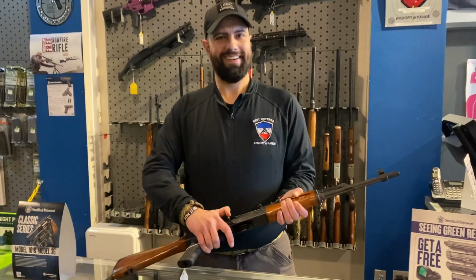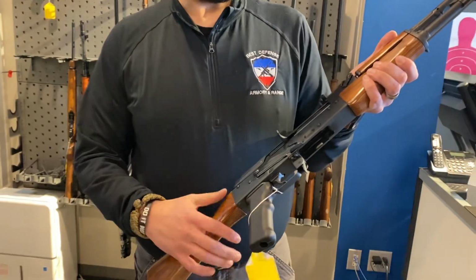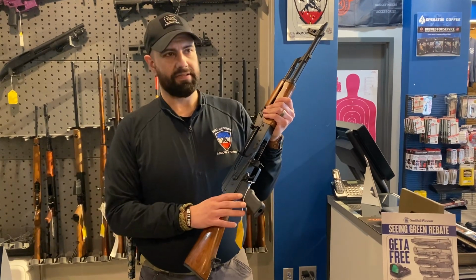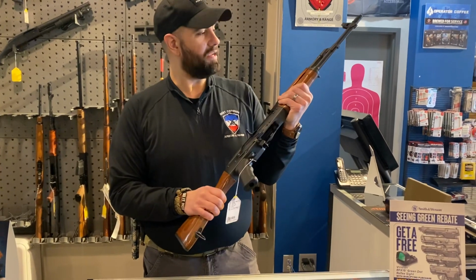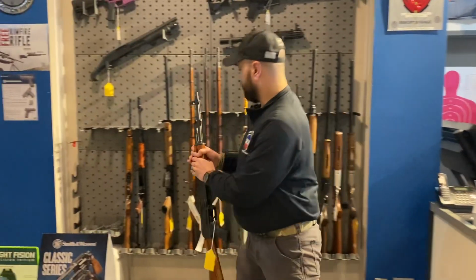I'm a first-time buyer and I have no idea about guns. So what do you recommend then? So this is an AK-47. This is not necessarily what I recommend for a first-time buyer. It's about a 30 caliber firing rifle. It's nice. A lot of countries use them. They're great, but they do kick a little bit. If I was a first-time buyer, I would recommend